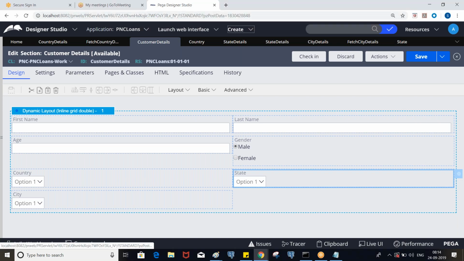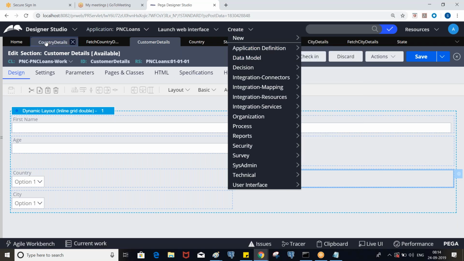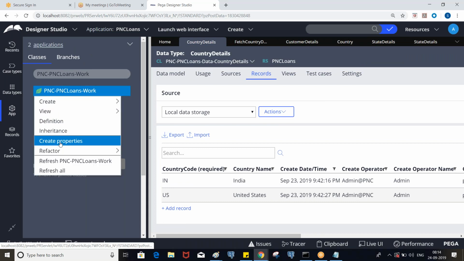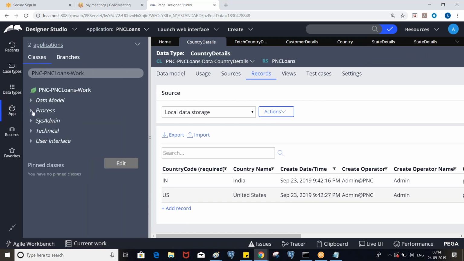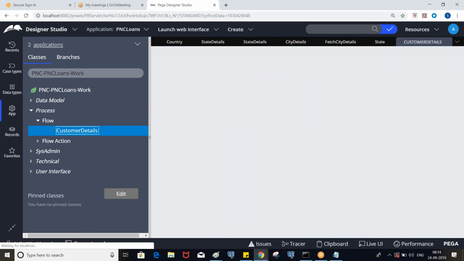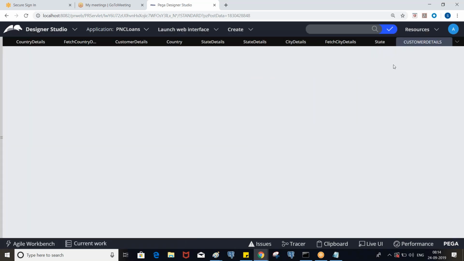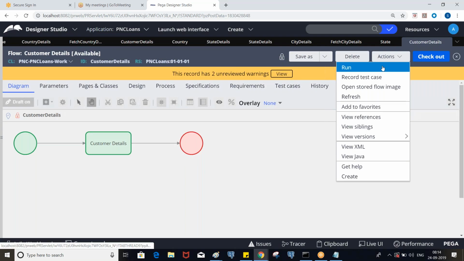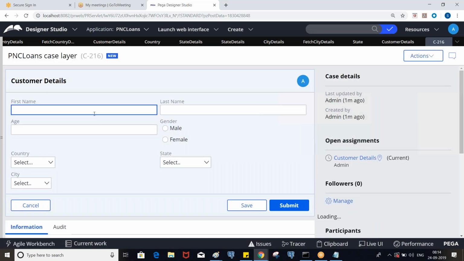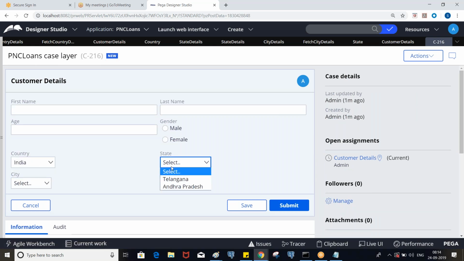So now let's execute. This is design time, right? So now I'm going to execute. Go to the process flow. Okay, so I'm selecting India.